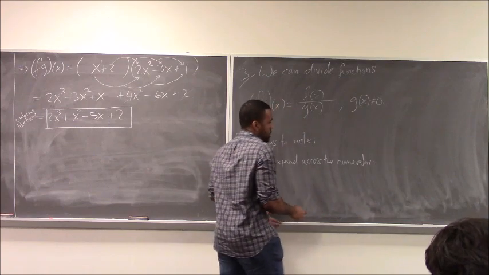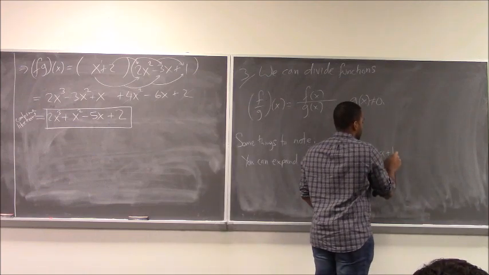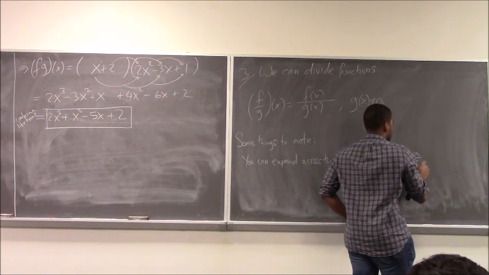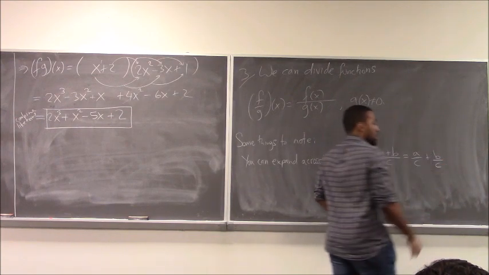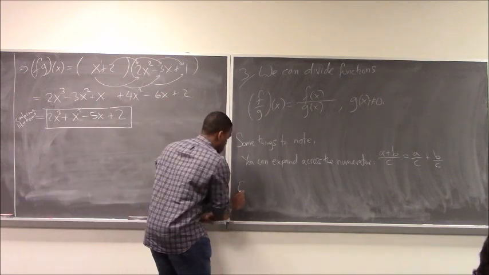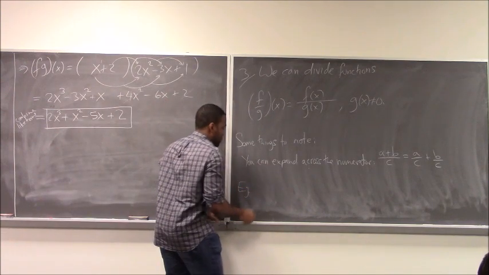Right, so that's something like, okay, I'm taking something like a plus b and I'm dividing by c. I can actually expand that, split it up, and do that. That is perfectly fine. So for example,